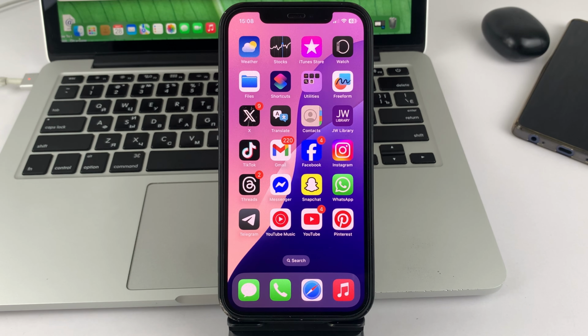And in this video, let's talk about how to disable file backup in the Google Photos app on your